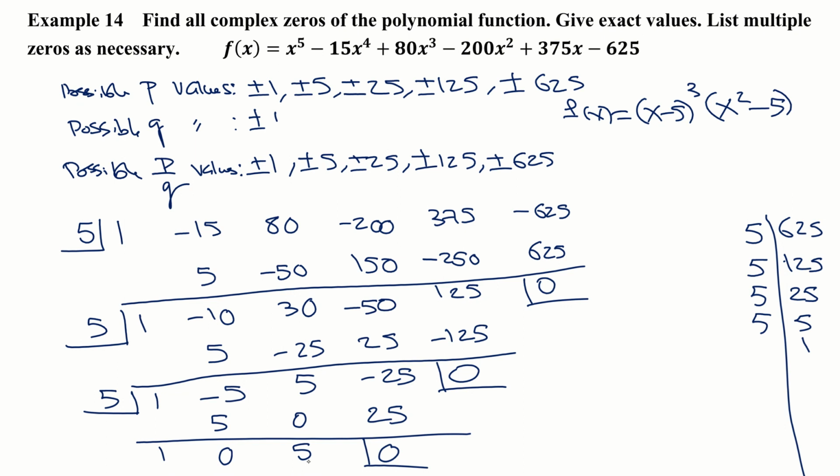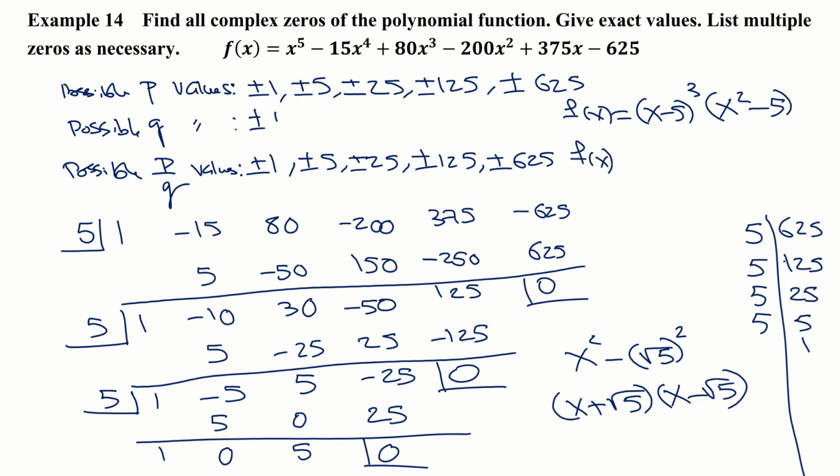Now that's easy, because think of it like this. You can say x squared minus quantity square root of 5 squared, right? That's a difference of squares, isn't it? So it's just going to be x plus radical 5 times x minus radical 5. All right, so finally I get f of x